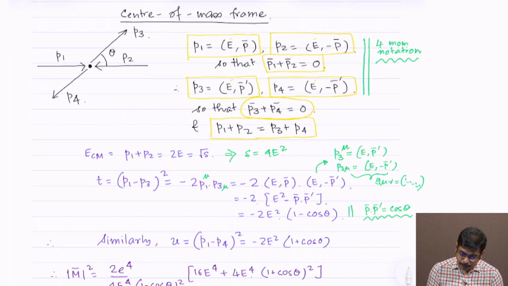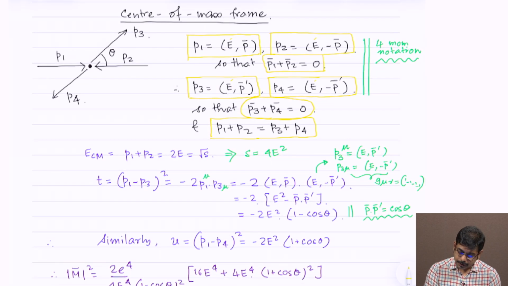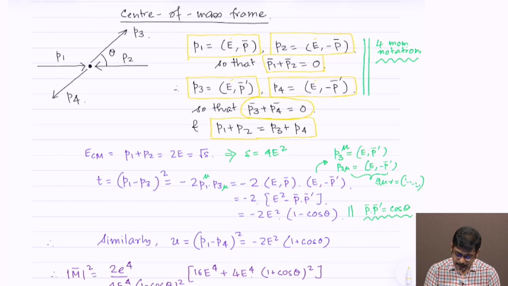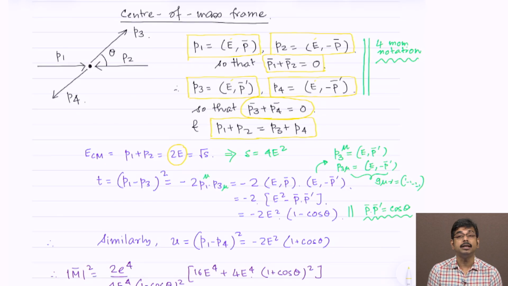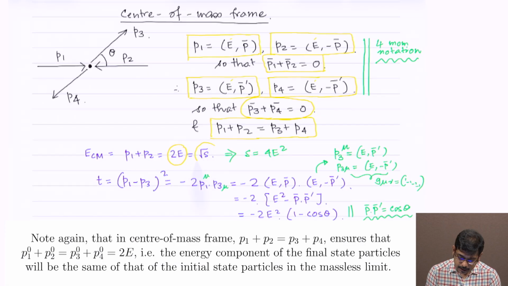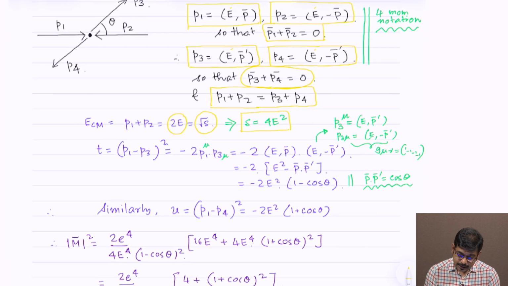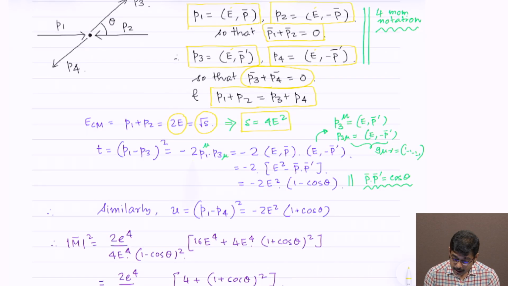Now we say that P1 plus P2, therefore from this notation will be equal to what? Because this 3 momentum will cancel, so the P1 plus P2 will be simply equal to 2E, and by definition with the Mandelstam variable, this is square root of S, and you can simply say that this S is nothing but 4 E square. Now what is T? T is P1 minus P3 whole square, and which is in the massless limit is minus